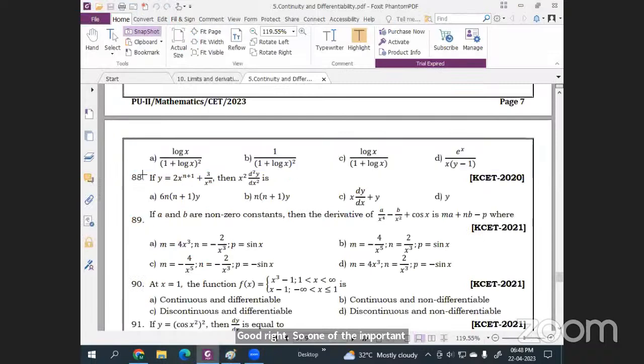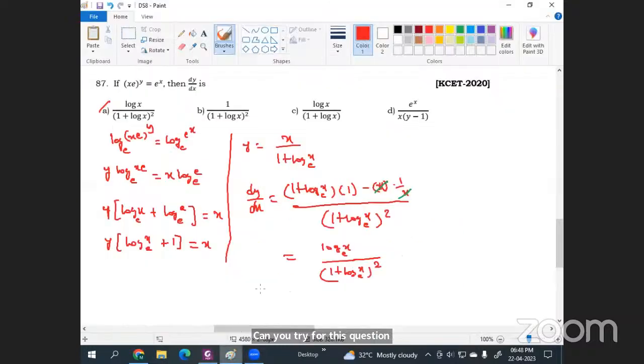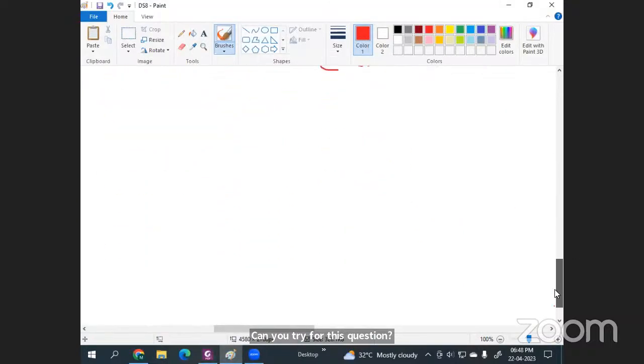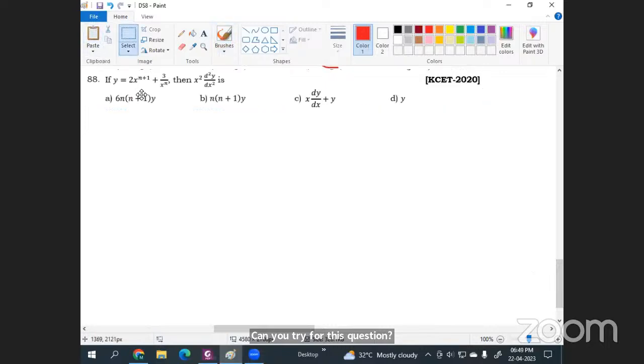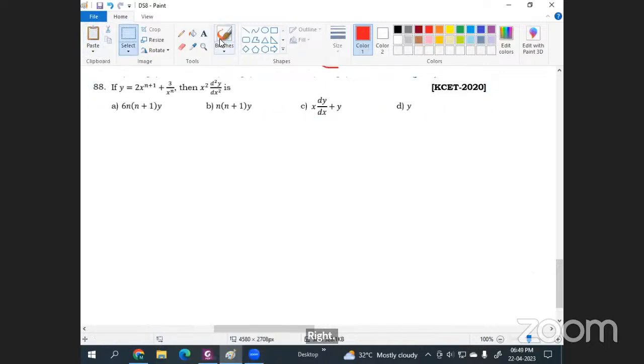Next. Can you try this question? y equals 2 into x power n plus 1 plus 3 by x power n, then x square into d square y by dx square equals what? Right. Now, can you try this one? Directly you can differentiate. So dy by dx equals